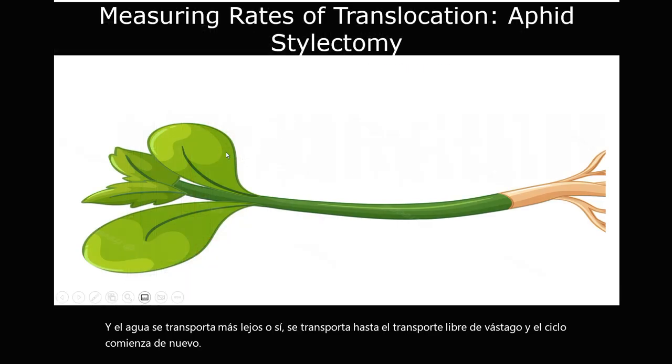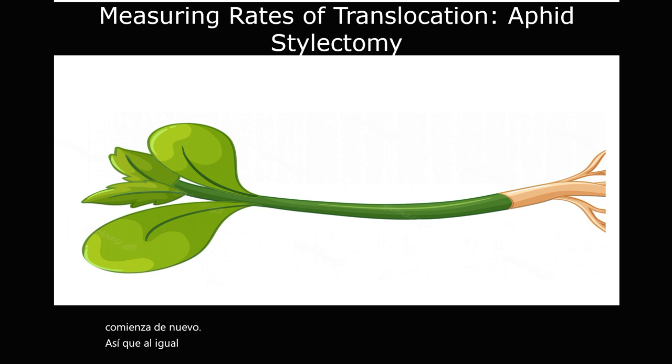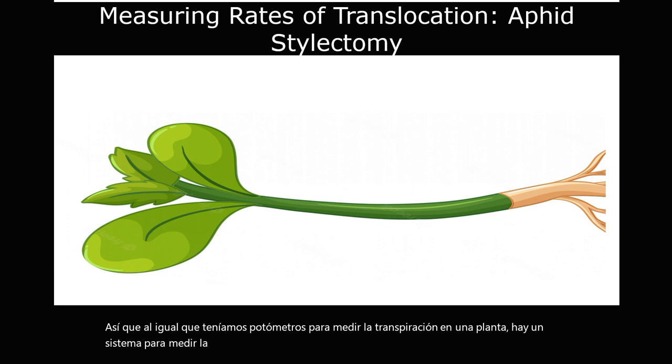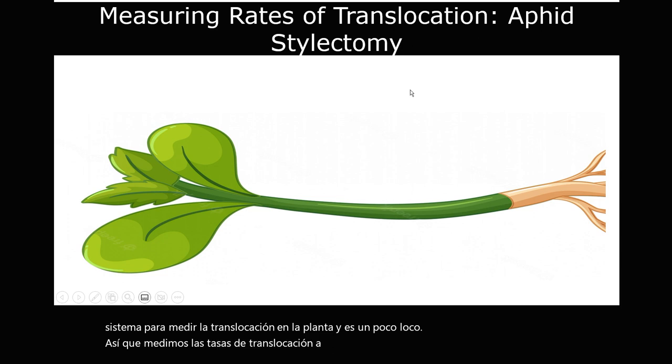So just like we had potometers to measure transpiration in a plant, there is a system to measure translocation in the plant, and it's a little bit insane. So we measure rates of translocation via something called an aphid stylectomy. And so you're going to take a plant